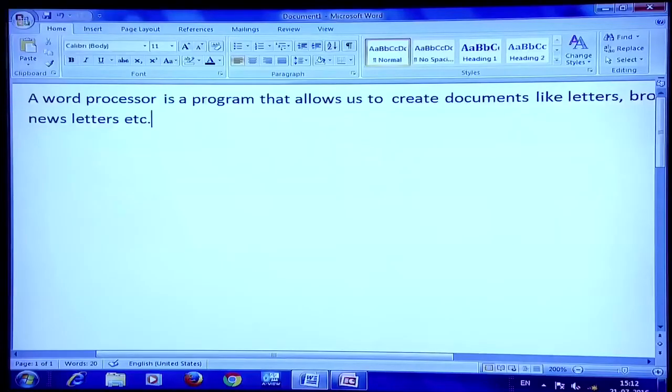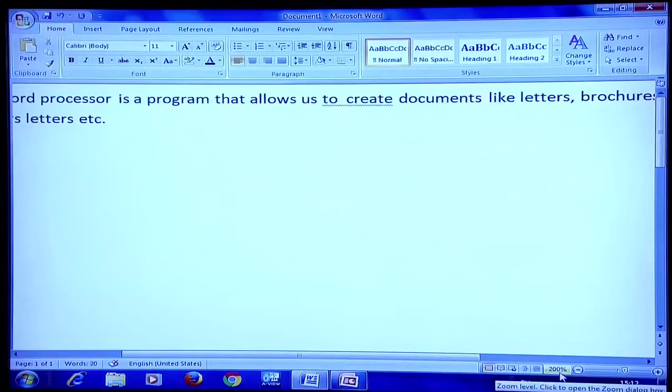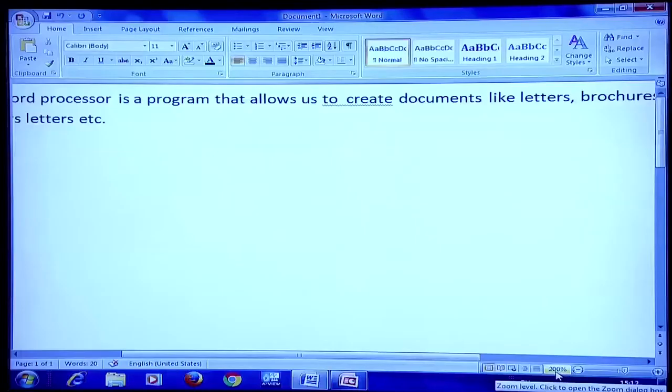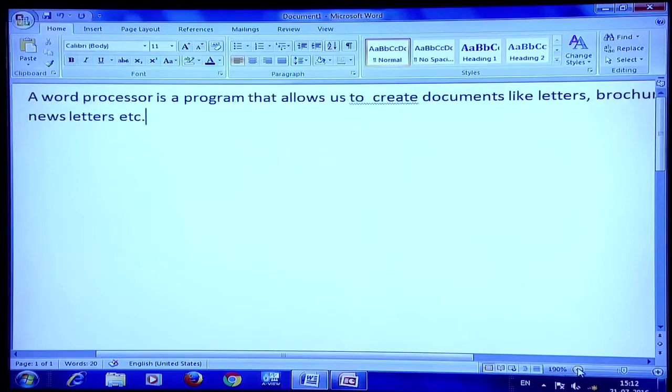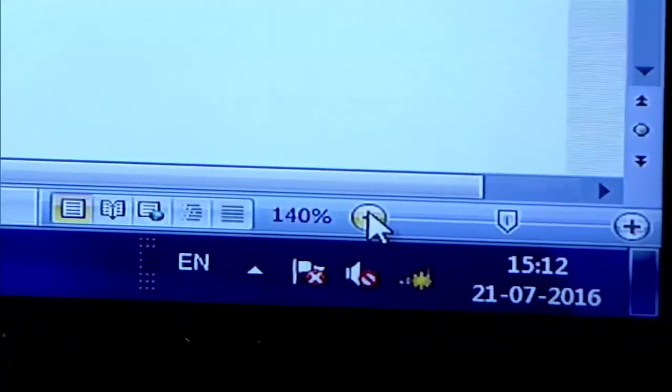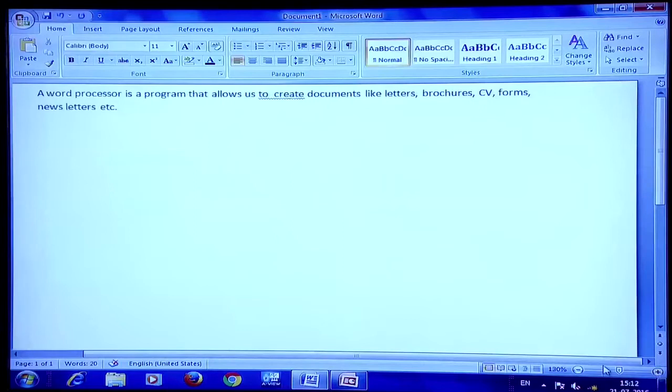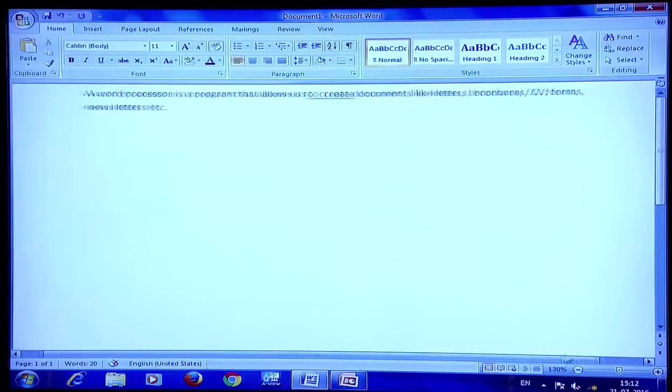As the page does not fit the width of the screen, that is why we see the horizontal scroll bar also. We can scroll the document. You see this zoom button. Right now, it is at 200%. We can decrease the size. This is the display size. Now, the document very well fits in the display window. So, there is no horizontal scroll bar. If I increase this display, then you see this horizontal scroll bar automatically appears.